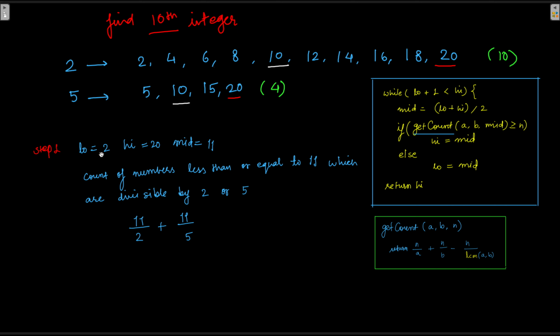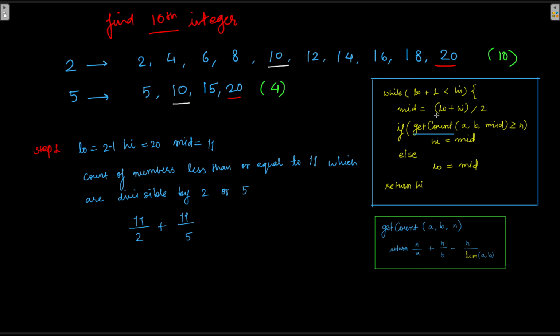So I would initialize low and high both. High is going to be 20 while low is going to be 2. In fact, in this case I would initialize low as 2 minus 1, because even 2 could be our possible answer, we don't know yet. But if I take 2 minus 1, we are sure that low is never going to contain the correct answer. So I take low as 1 while I take high as 20, and then we calculate mid.